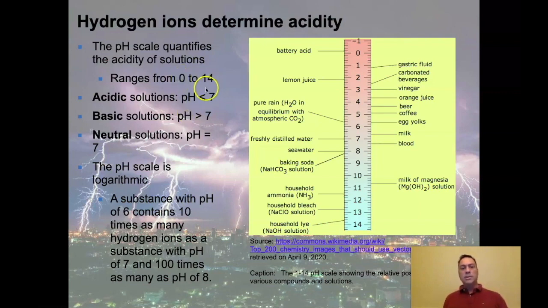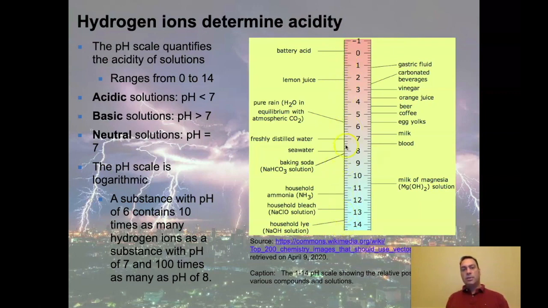It's a logarithmic scale. We're going to get into this momentarily, but don't worry about where the 0 or the 14 comes from. Just know that the common numbers that we use are from 0 to 14. Acidic solutions have a pH of 7. And so when we look at the scale here, we'll go from 0. It can even go negative, by the way. And then it can even go beyond 14. But again, these are the common ranges that we're dealing with here.